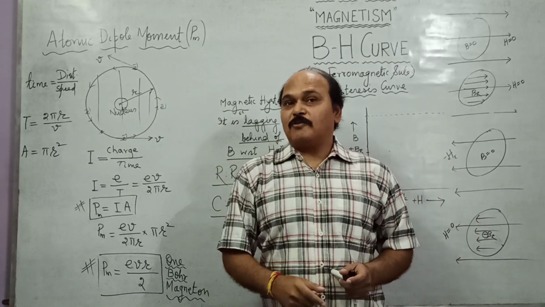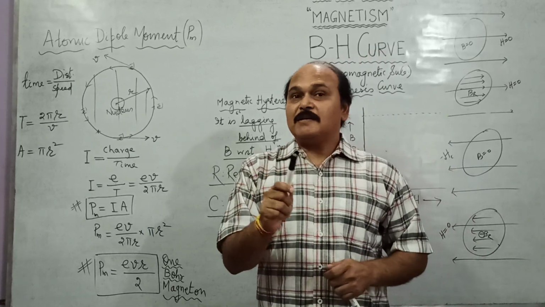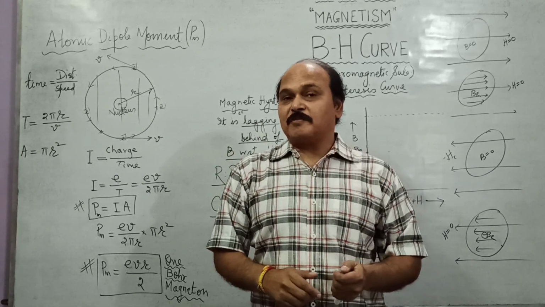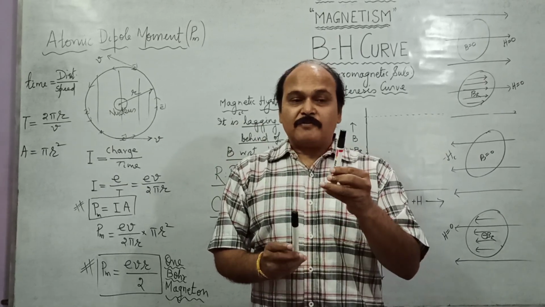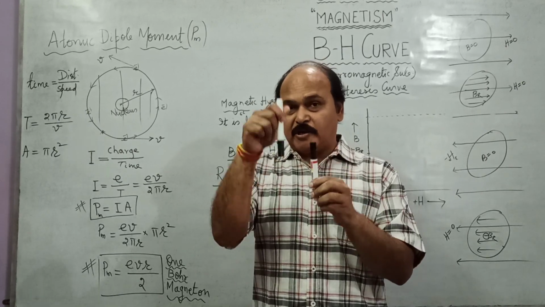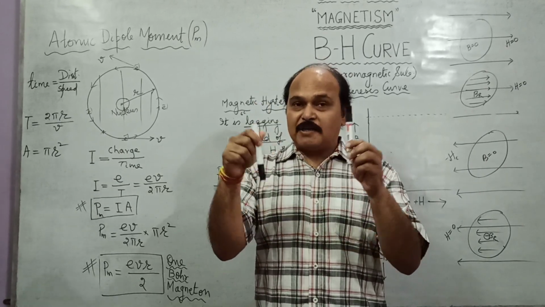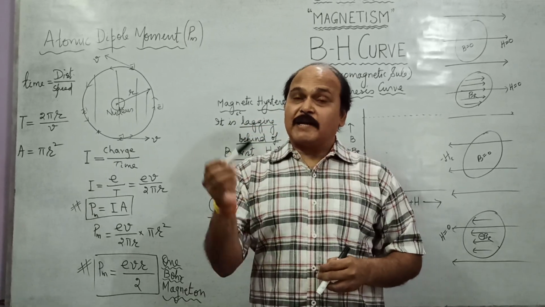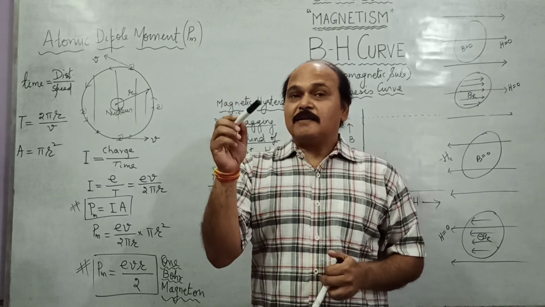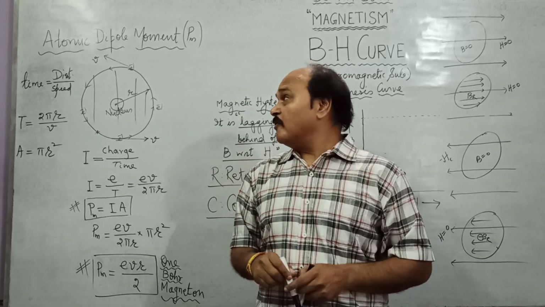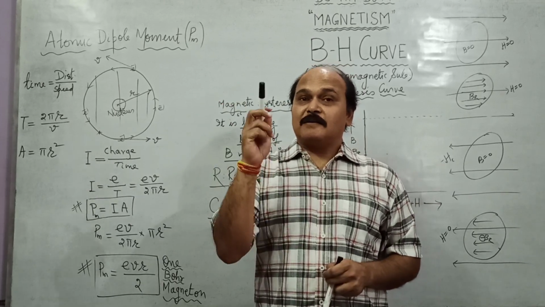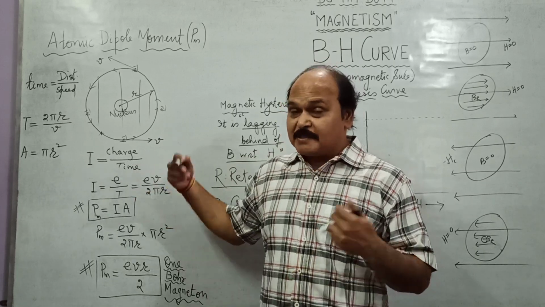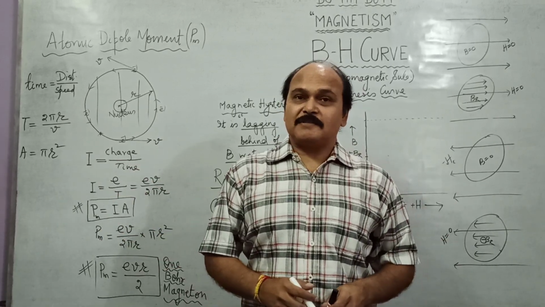Well, an atom acquires a net value of magnetic dipole moment only when there are unpaired electrons. Otherwise, in an atom, if all electrons are paired, then what happens? Because of paired electrons, the spin, the rotation of electrons, are in opposite directions. So their algebraic sum of the magnetic moment comes out to be 0. So an atom has a distinct finite non-zero value of magnetic dipole moment only when the atom has unpaired electrons. So this is the basic reason for the magnetic character of any substance.